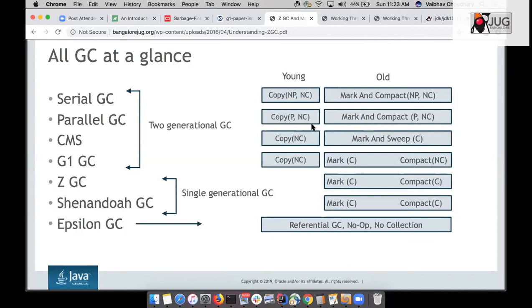One of the most important garbage collectors, which most people don't use, and which came in JDK 11, is called Epsilon GC. Epsilon GC is a very beautiful garbage collector because it doesn't do any work of a garbage collector. A garbage collector has two jobs: assigning objects and cleaning objects. Epsilon GC only does the work of assigning objects. You may be surprised why this kind of garbage collector is required, but there can be many uses. It can be used in microservices which we know can never cross a particular heap size, so there is no pause by the garbage collector.